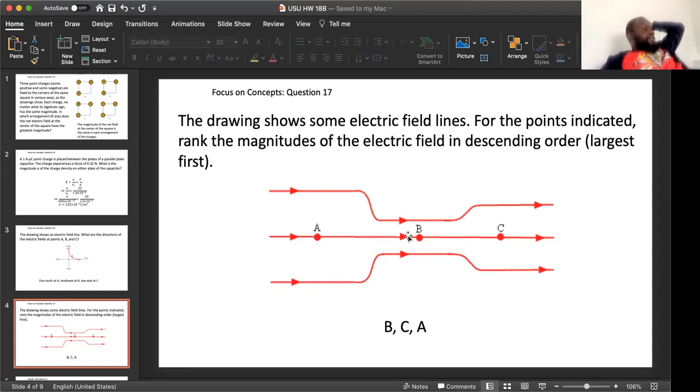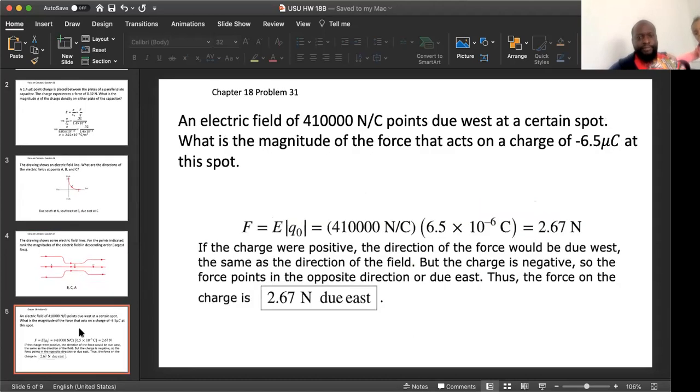arrangement in descending order. Come on, DD, sorry. Okay, then the next one here,